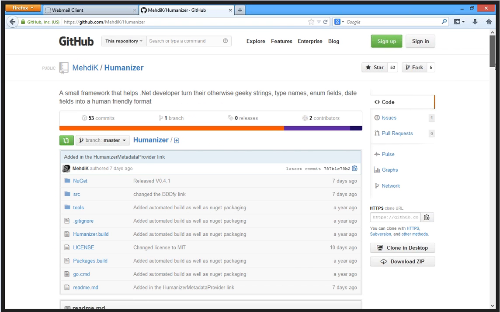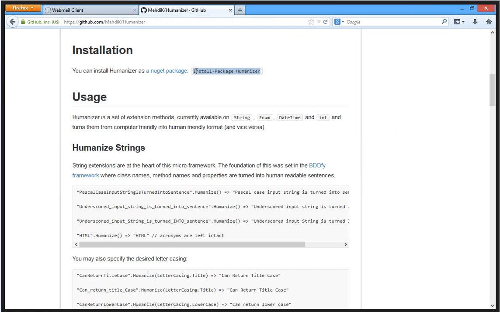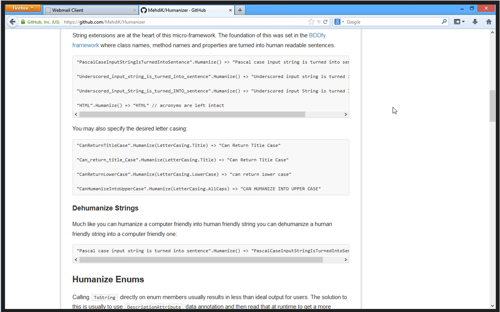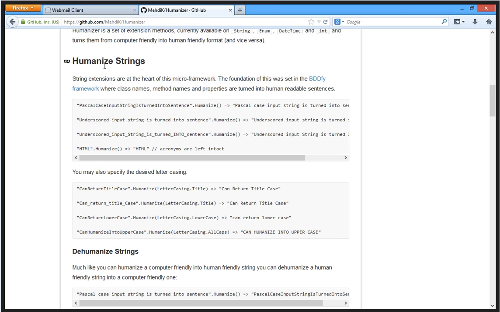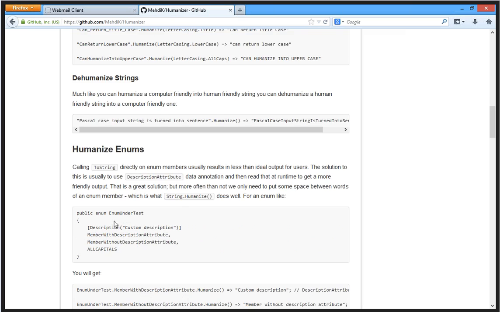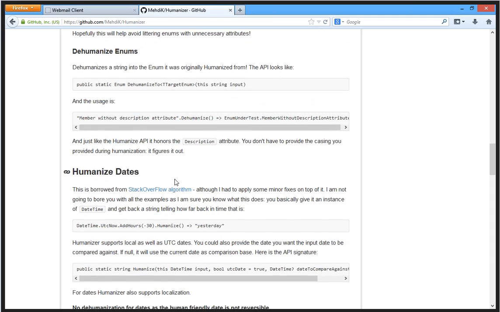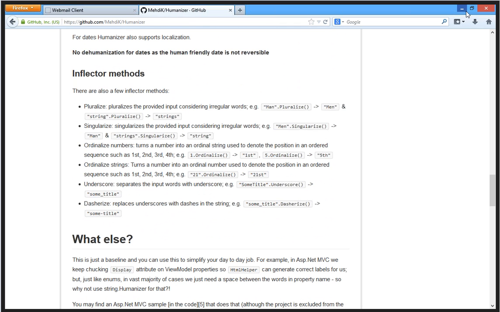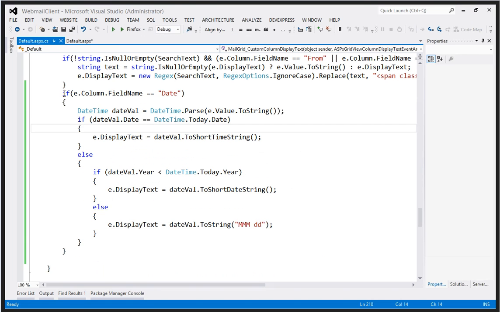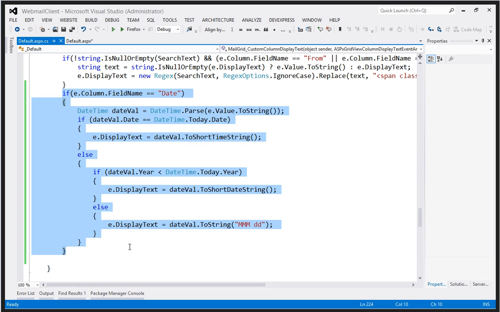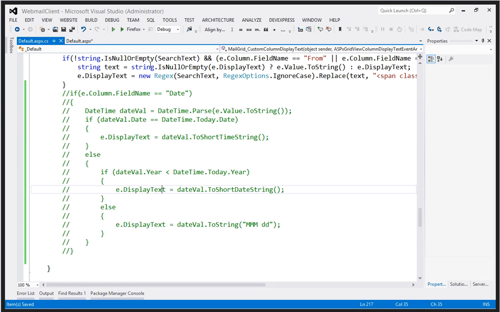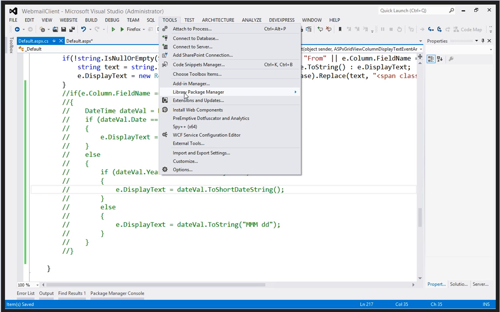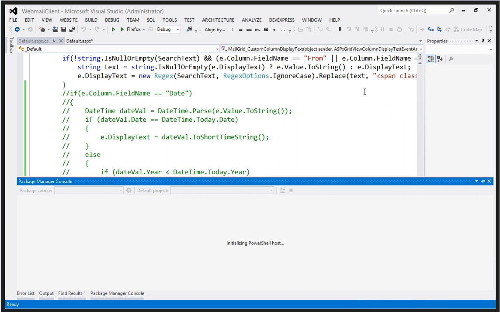So instead of writing all that code I've written, what we can do is simply call the install package for Humanizer. And what's great is it gives you extension methods for humanizing strings, humanizing enumerations, and even dates. It even gives you other approaches for doing metadata and so forth. All right, so let's see how easy this can be, right? So I'm going to simply comment out this little bit of code here, bring up the console for NuGet, and while it initializes that PowerShell host,